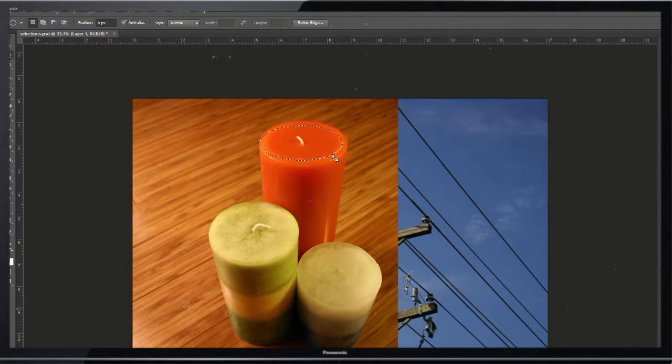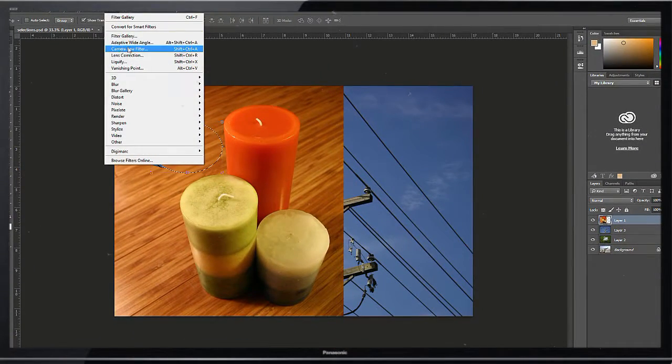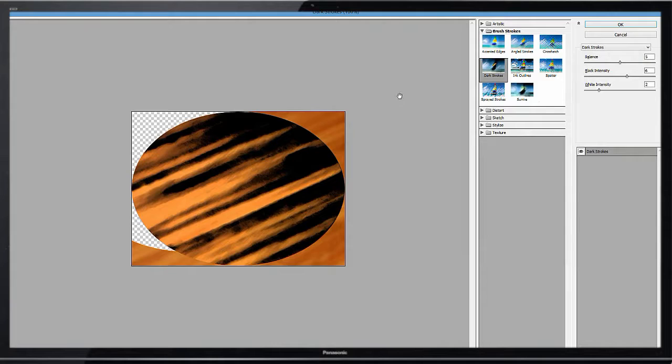Also, we can move around the selection after we've created it, or while clicking and dragging a selection, hold the spacebar to move the position of the selection, and then let go of the spacebar to resize it again. Once there's a selection, we can use the Move tool to move those pixels, or add filters to the selected area,